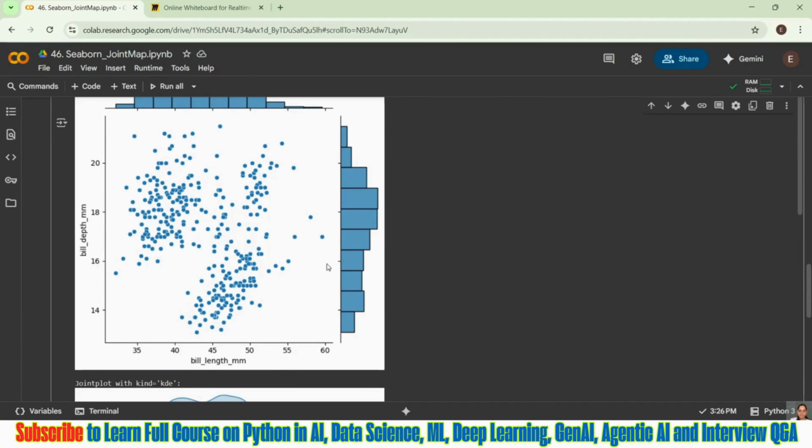If you see this side, my data is getting spread over from 10 to 20, no, I think it's 30, almost 30. And this side, my data is getting spread from 30 to 50, almost 60. I think almost 60 it is. So this is how my data is getting presented, and the same thing we are able to see here, right? We have data here and it is coming here.